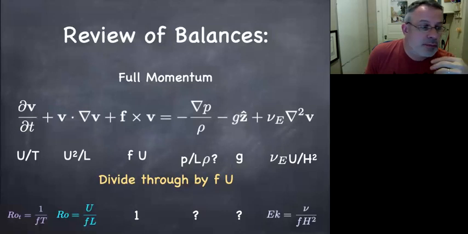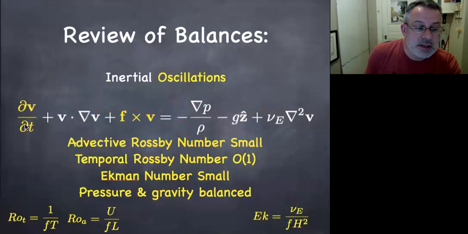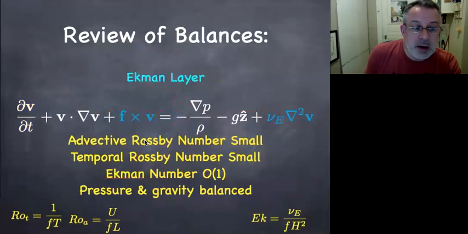are the big ones. So when we go to the Taylor-Proudman theorem, there's a certain set of these dimensionless numbers that are small, like this. And so Rossby, Ekman are all small, making these terms in white negligible in comparison to the terms in red. The inertial oscillations have an order 1 temporal Rossby number, a small advective Rossby number, and a small Ekman number. The Ekman layer, a balance between the Coriolis force and the friction, has an order 1 Ekman number, a